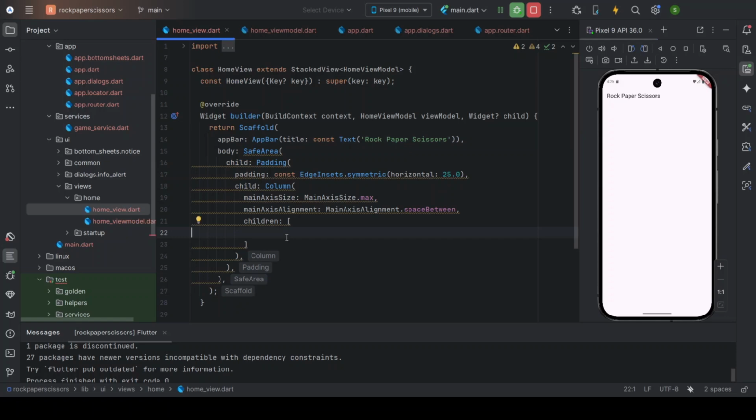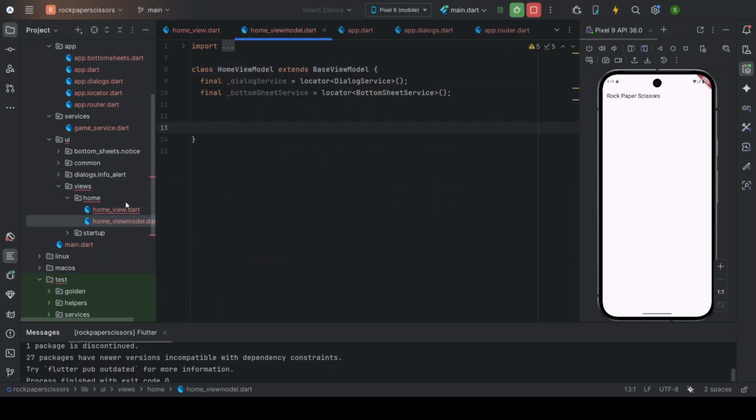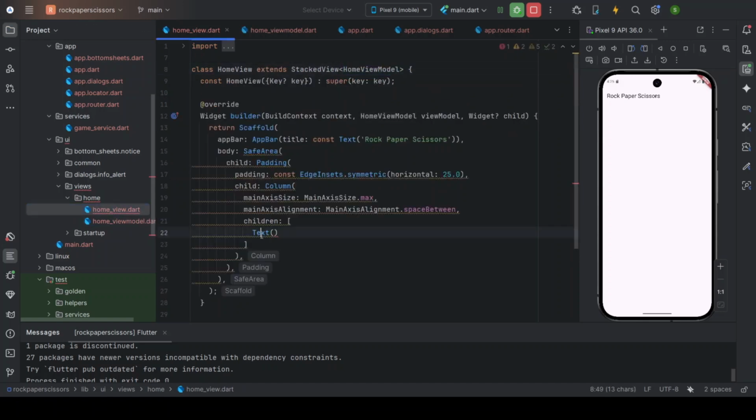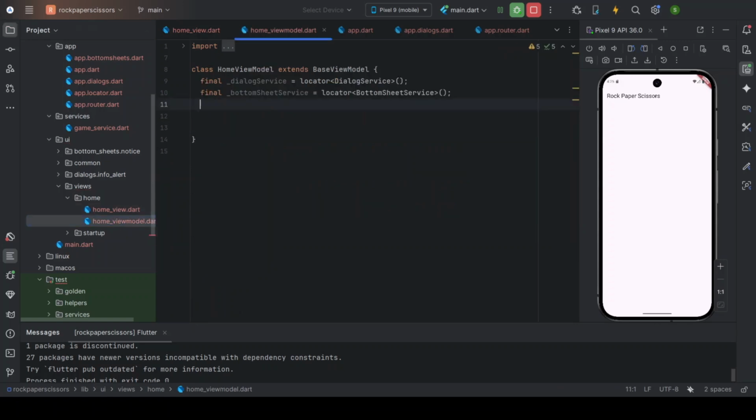Now let us create a label on top, right? So, as you can see, this is a stacked view based on the home view model. Okay, first I'm going to remove this text. I'm going to create a new game service from the locator